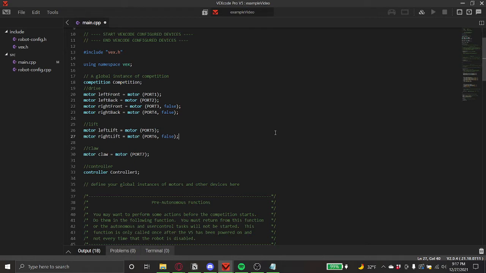Also, before you begin programming auton, I highly suggest, and I can't enforce this enough, make sure you have a clear understanding with your team of what you want to do in auton. That will make your life so much easier as a programmer, and it also avoids misconceptions among your teammates if you attempt to pre-program at home or things like that. Okay. Now that we have that covered,